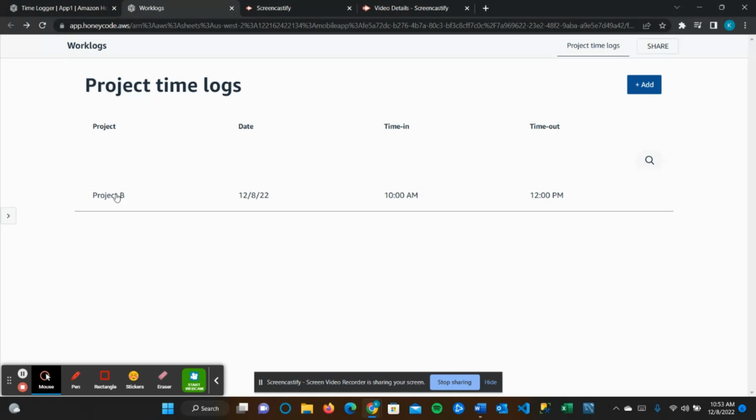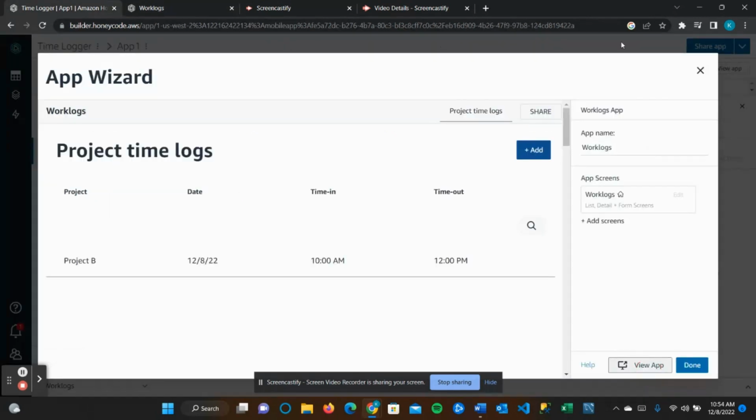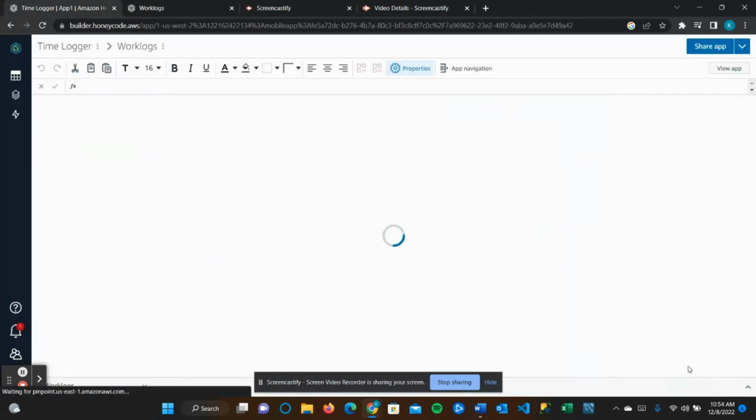Now you can see that test item here has been filled out in our project time log. This will be the screen again that users will see. However, as we took them out earlier, it doesn't say the employee's name or that description, but we can double check that it got added correctly by going back to our original table. So we go over here, just click done,